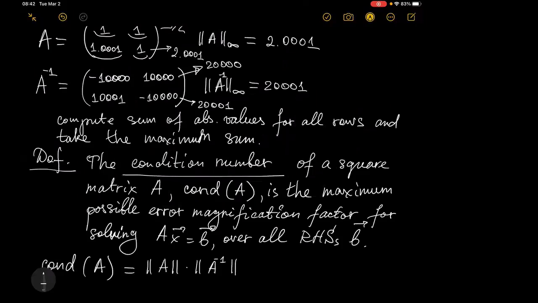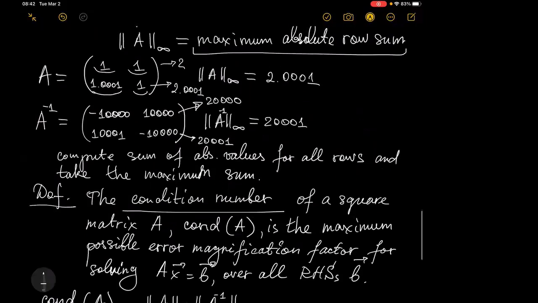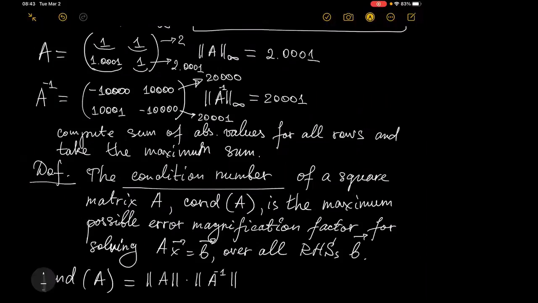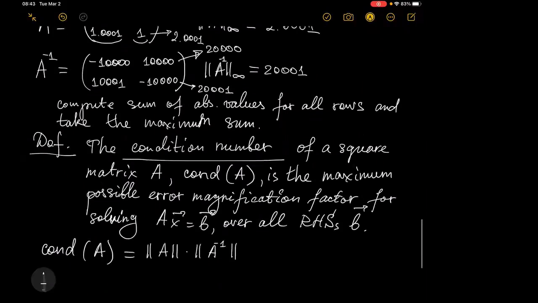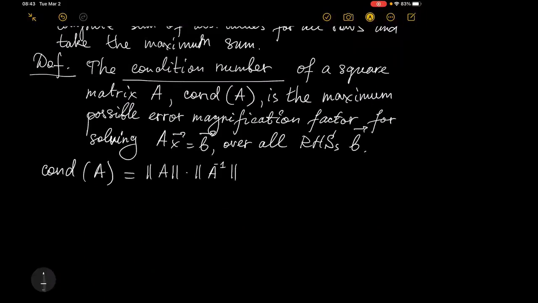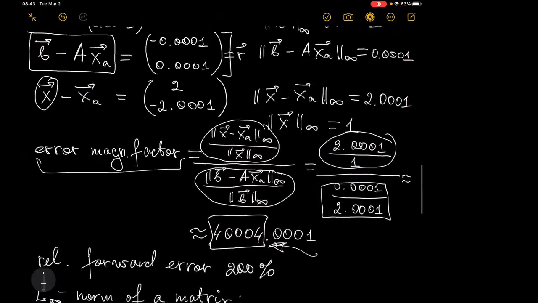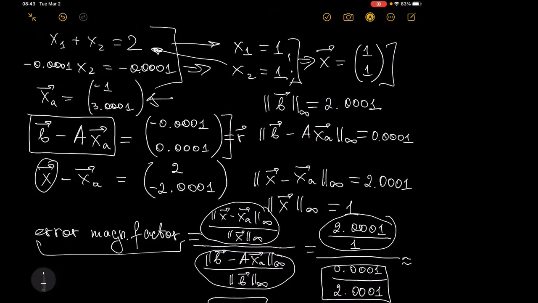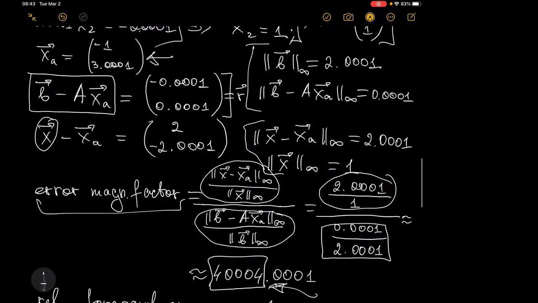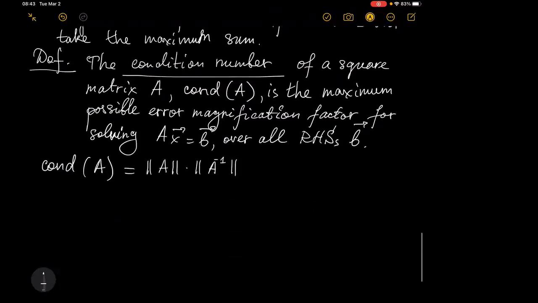So you can introduce also different norms for the matrices. We just introduced only the L infinity norm for the matrix, but you can introduce the L2 norm or other norms for the matrix. Essentially, you just need to use the same norm for the matrix as you use for evaluation of the norms of your vectors. For example, here I use the L infinity norm, but I could use the L2 norm. So you just need to use the same norm. Because we are using the L infinity norm, I can prove the following fact,